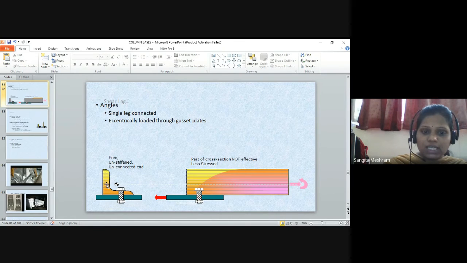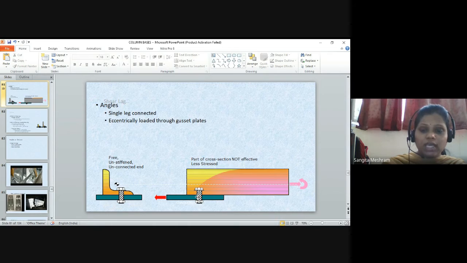Suppose this vertical member is an angle section. There are two legs, one is the outstanding leg and the second is the connected leg. The leg which is connected to the plate with the help of this bolt is called the connected leg, and the other one is the outstanding leg. If we straighten this outstanding leg, that means the vertical member will become horizontal, so it forms a straight member. And the distance from that connection up to the end of the outstanding leg is the shear lag width.